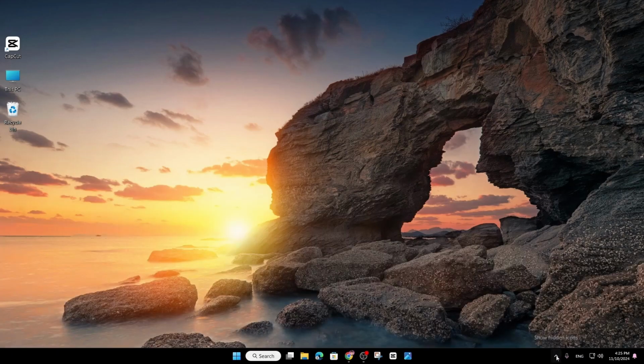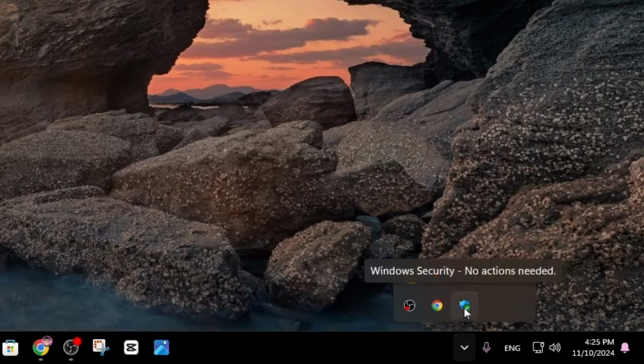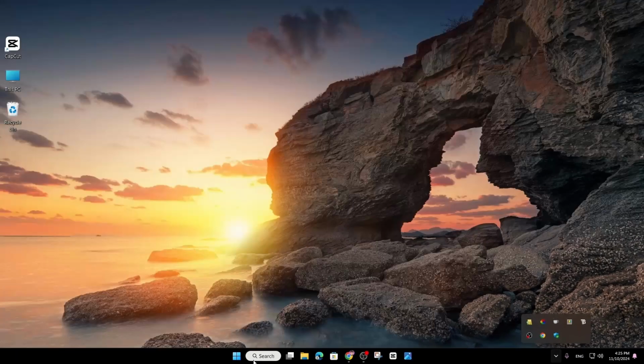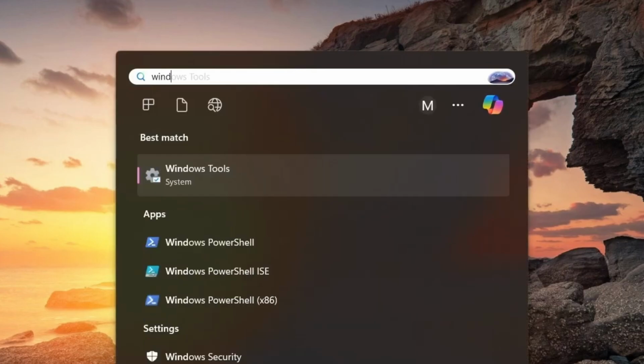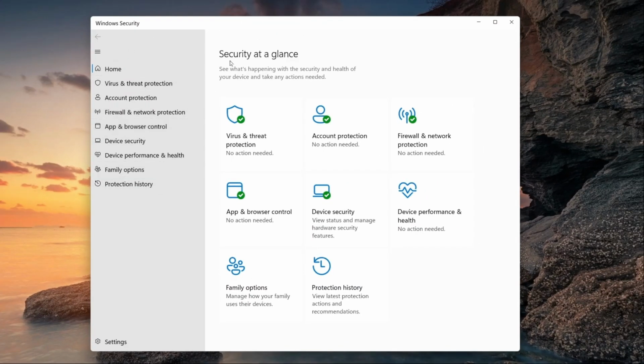What you need to do, you just simply come over into your taskbar, click on here, and then here you will find the Windows security. If you don't find it over here, just simply search, coming on search option and going to search for Windows security. You will find it over here. If you click on that, your Windows security will open, and from here you just need to select virus